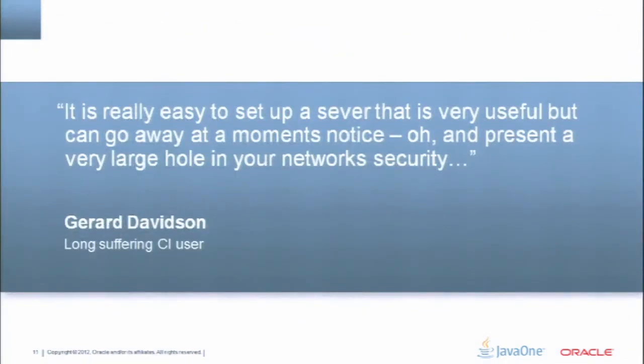I think this is a great quote. So Jared Davidson, who's a long-suffering Hudson user, actually runs the build farm for Oracle JDeveloper, the Oracle Java IDE, or rather one of the Oracle IDEs, there are many IDEs. And he runs a huge farm of servers managing all of the cross-platform, cross-JDK builds. So he's got the world's best matrix builds. You wouldn't believe it. But he made this very pertinent point, right, that one of the problems with Hudson is